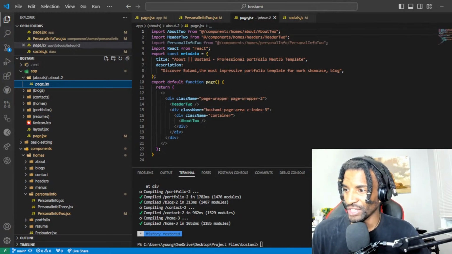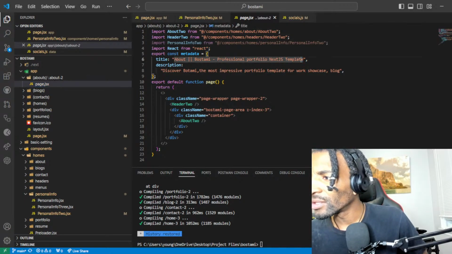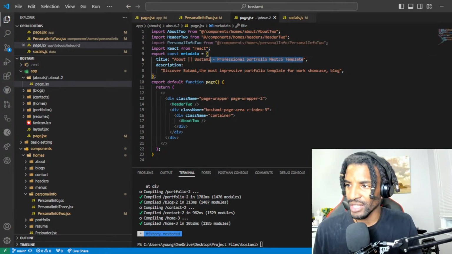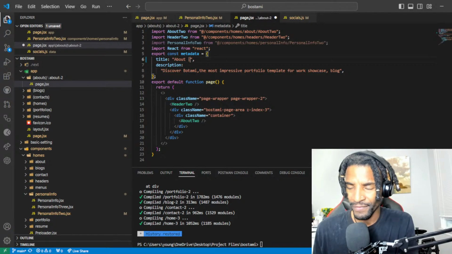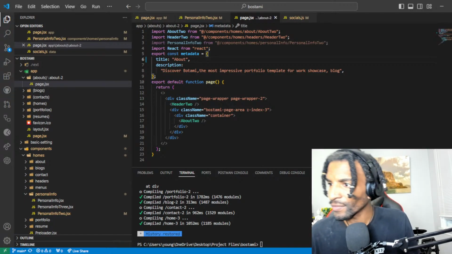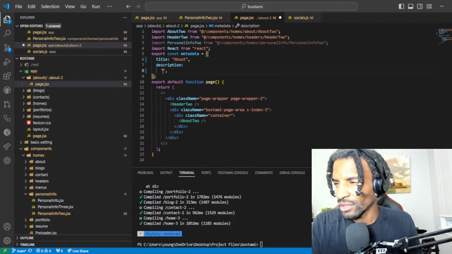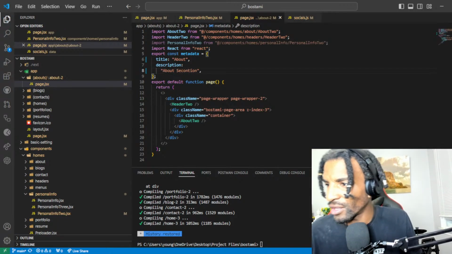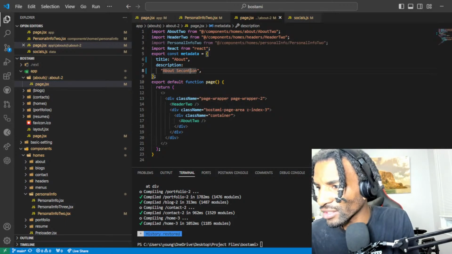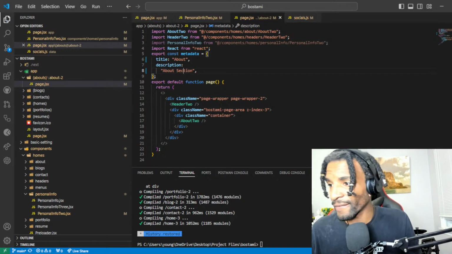The title we should change, right? Let's go ahead and change this just to about. We don't need all that extra stuff in there. Description, about section, I don't know. About section. And then,